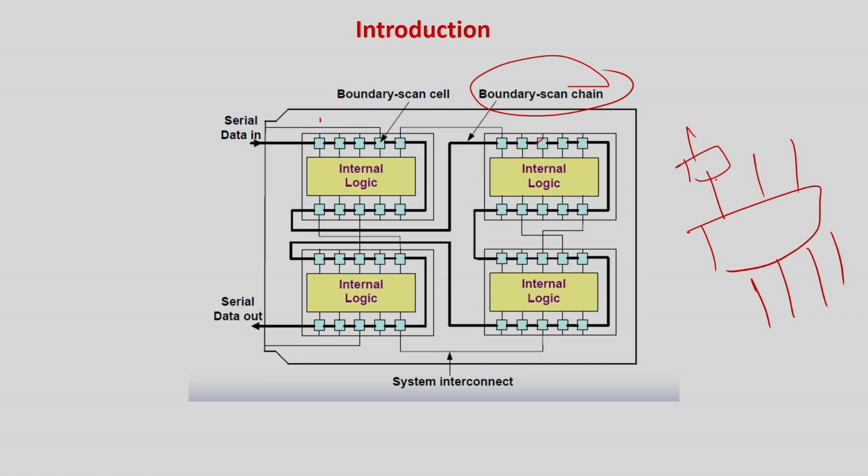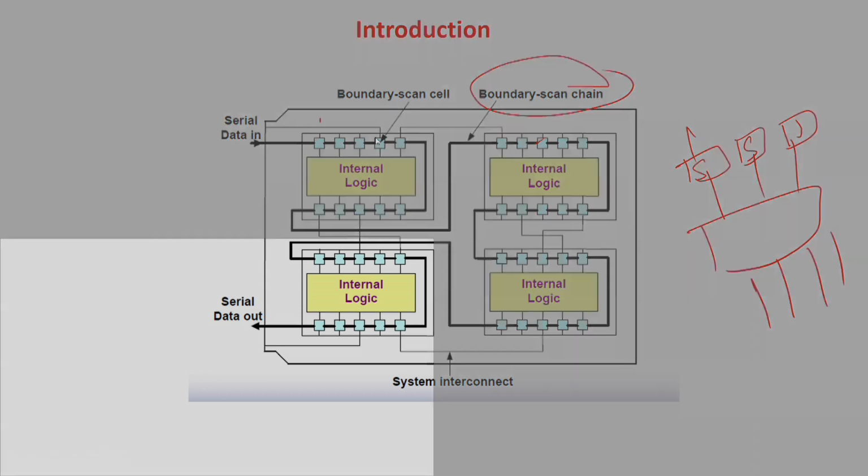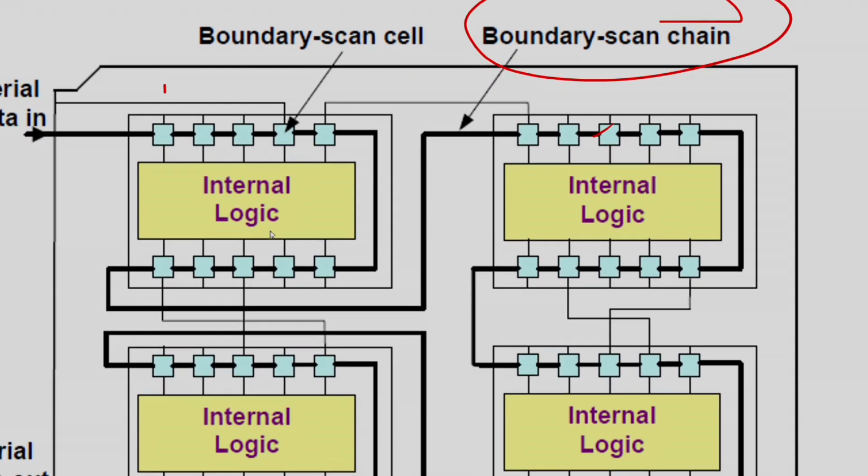along with the normal pin, we actually put a scan register, which is called the boundary scan register. These are all the boundary scan registers. So basically, let me zoom it for you so you can look at it. If you look at each thing, these are the external IO lines, but here we actually put some extra logic which is called the boundary scan registers. They are nothing but flip-flops.